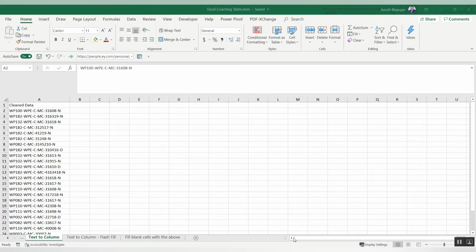So today I have thought to explain you all on text to column. Text to column, how to convert a cell to multiple columns. I will show you in two ways. One will be to convert from text to column through the data tab, and the other will be to change using the flash fill method, which I showed you all yesterday. First, let's see what exactly text to column does.